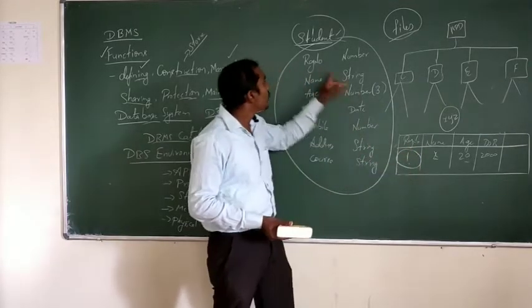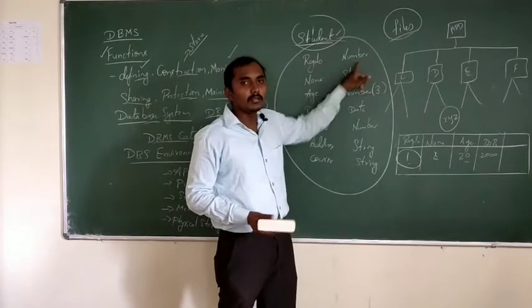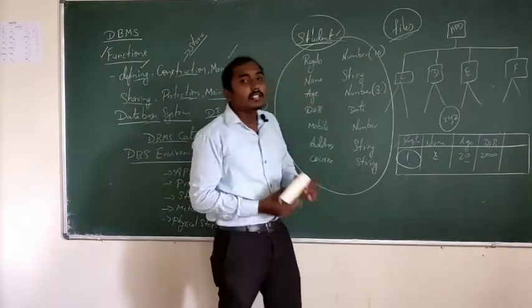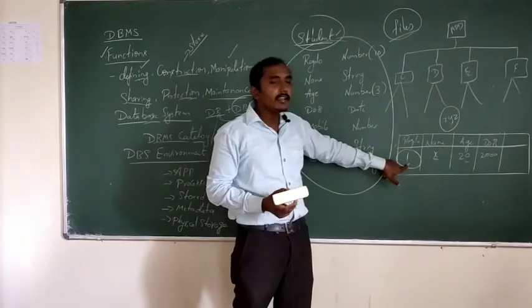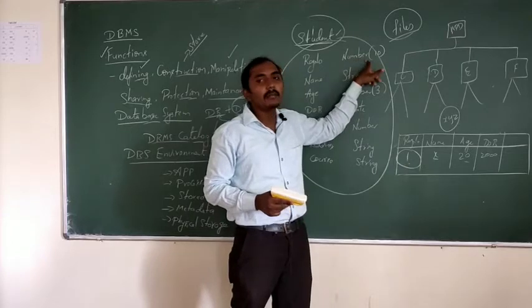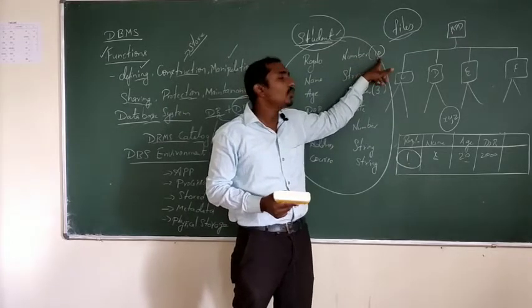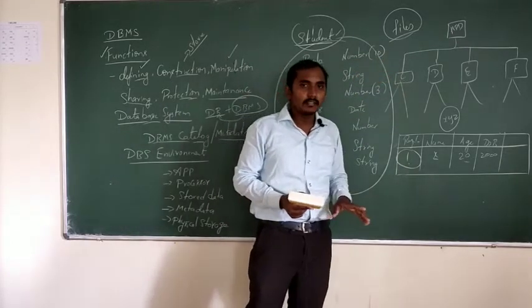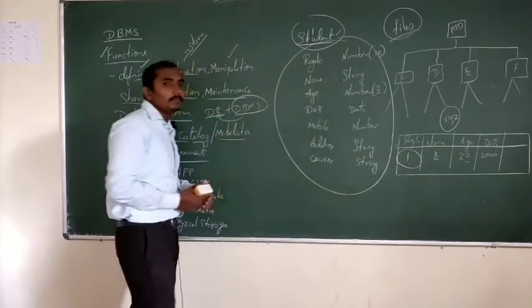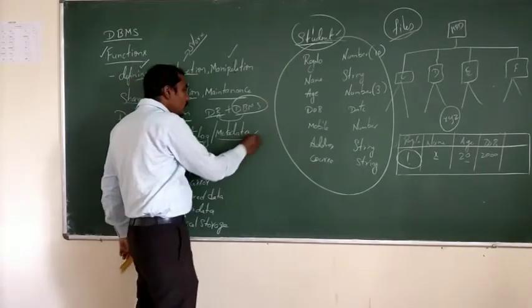Okay, so again, if you consider this register number, it is a number. If I mention it as 10, that is nothing but this register number is a data which will be storing data type as number. How many characters can it store? It can store 10 characters. This is the data of this data, which is nothing but metadata. Okay, hope this is clear.